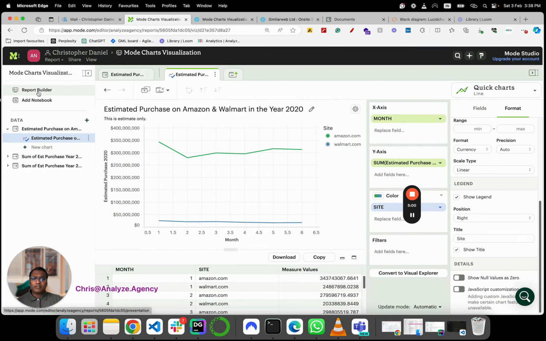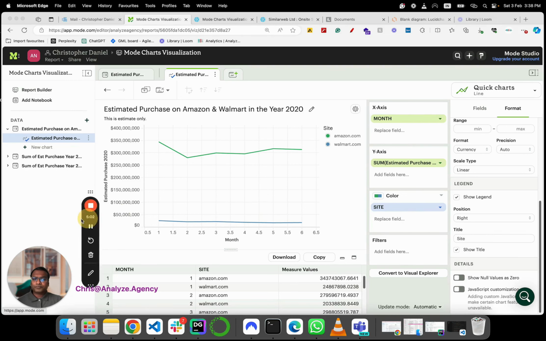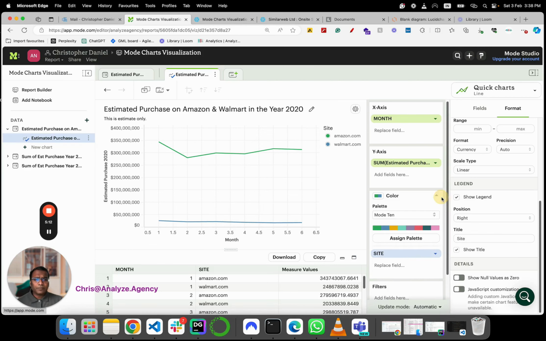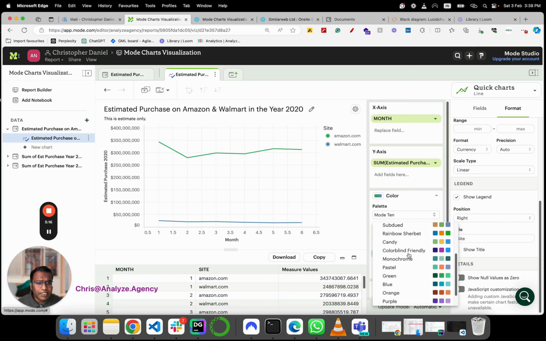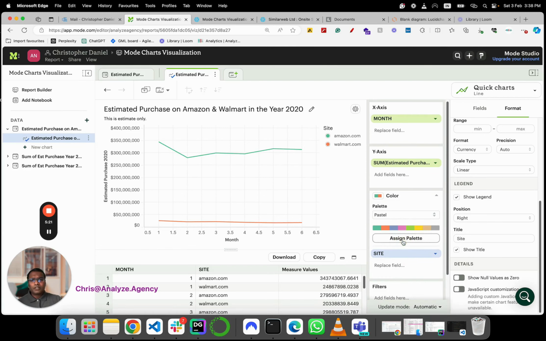Before we go to the report builder, I wanted to share something about colors here. If you like these colors, I think these are pretty good colors. If you like it, you can keep it that way. But if you wanted to be a little bit creative and plug and play, you could just plug and play just like that,